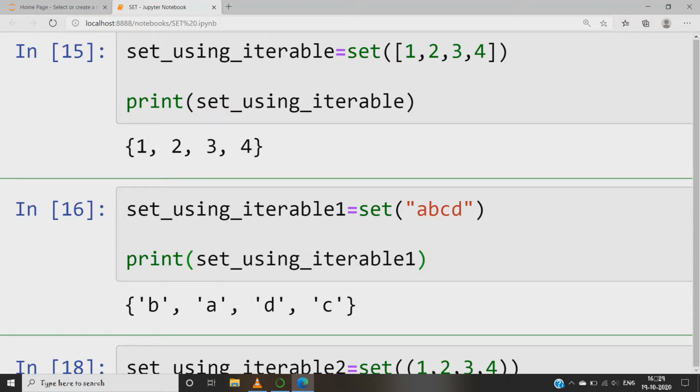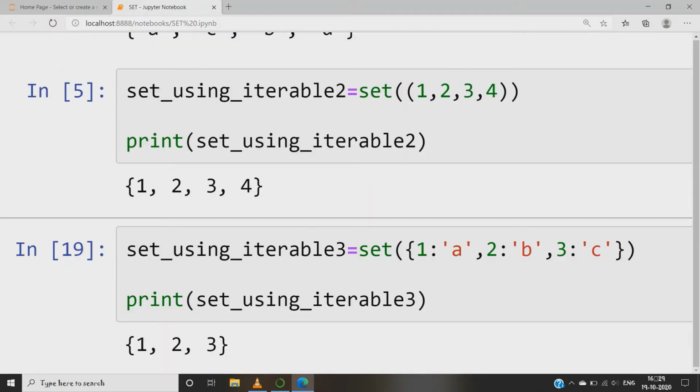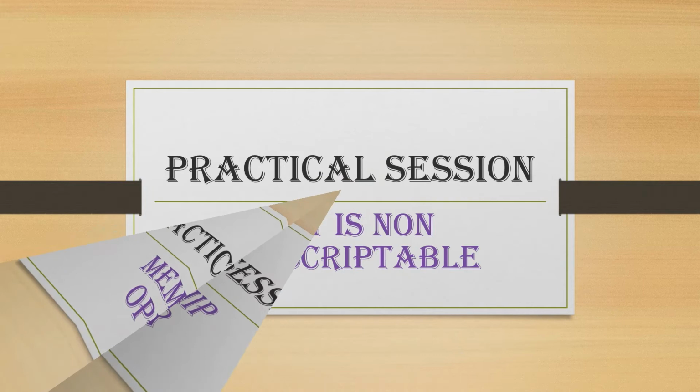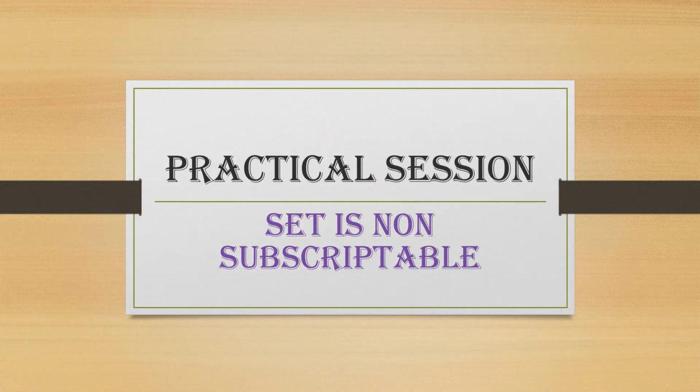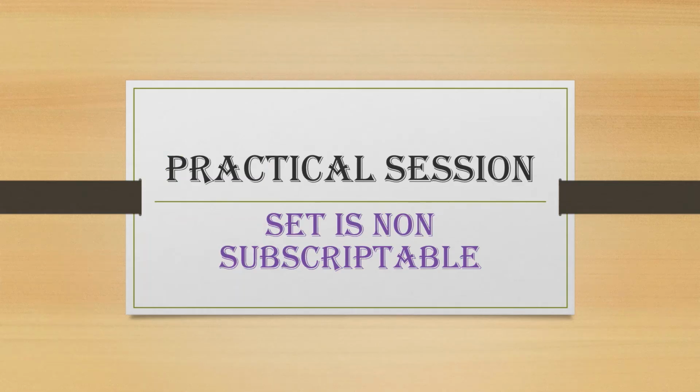We use the remove method to delete elements from set. Membership operators in set, max, min can be applied on set. Len and range can be applied on set as well. Indexing is not possible in set. We obtain an error which says set object is not subscriptable when we try to access the element of a set using index. Now moving on to set operations.